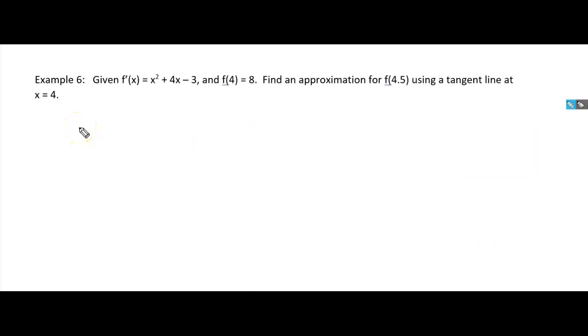All right, example 6. Given that f prime of x is equal to x squared plus 4x minus 3, and f of 4 equals 8, find an approximation for f of 4.5 using a tangent line at x equals 4. Just to give you guys a little bit of background here, you don't need to draw this part,